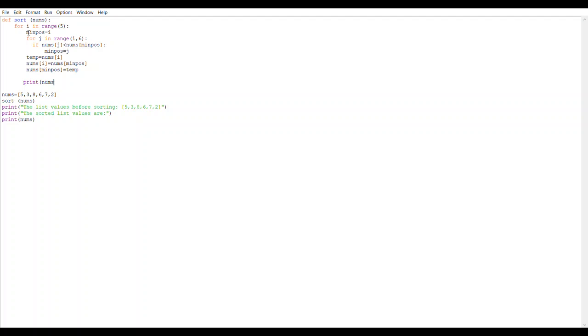After giving the statement, again you have to save the program and run it. When we run the program, we will see how the selection sort works.